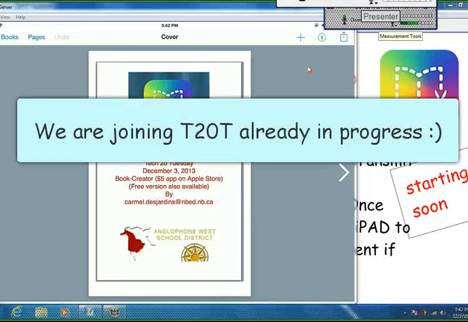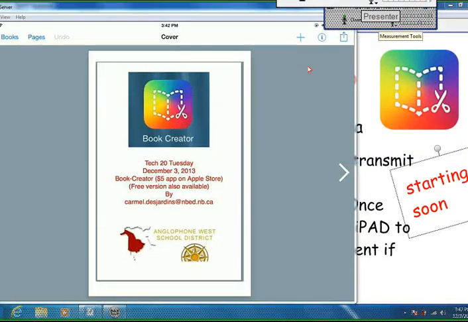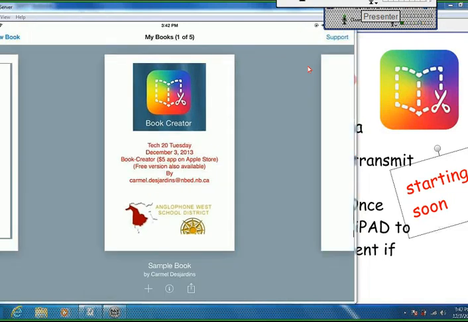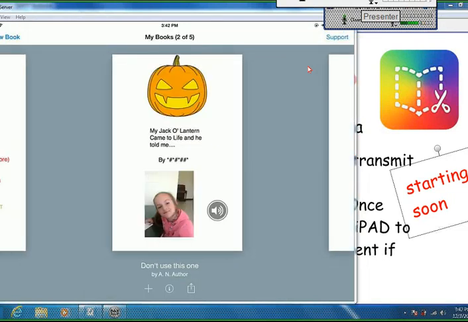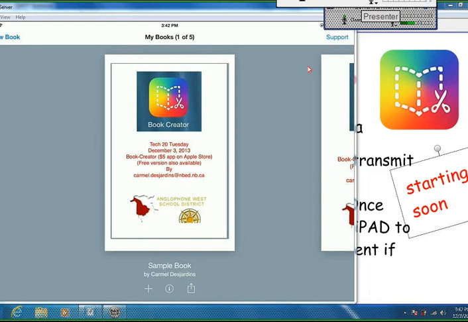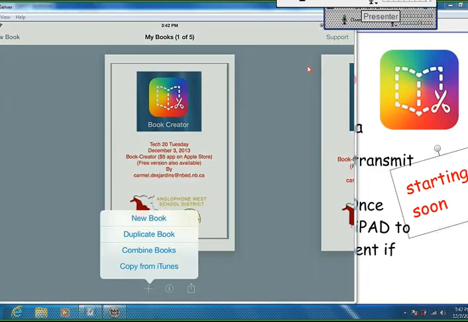to quickly and easily create an ebook. So I have a cover here. If I go to My Books, it looks something like this. So here are a couple of books that are on here. If I want to create a new book, all I do is hit the plus sign, New Book, and away